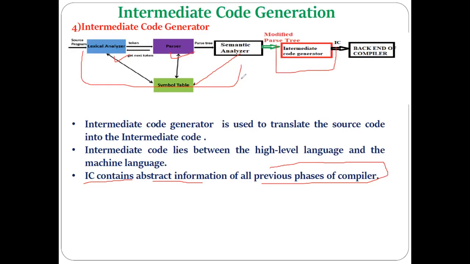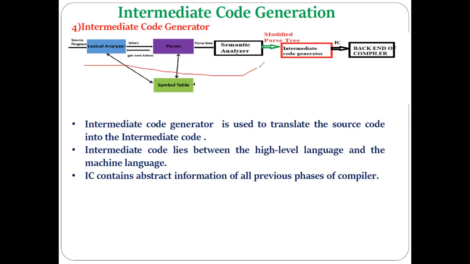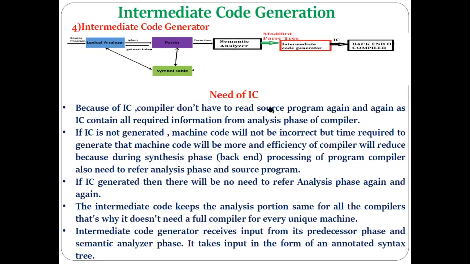Summary in the sense of whatever processing we have done in the previous three phases: in the lexical analysis, token recognition is done; in the syntax analysis, syntax checking is done; in the semantic analysis, the meaning of the program gets checked. So whatever the compiler has done in the previous three phases, an abstract summary of the important part of those three phases is represented here in the form of intermediate code by the intermediate code generator. Understood? So keeping all the information of these previous three phases in some abstract form, that is the intermediate code. Now the question comes, what will happen if the intermediate code does not get generated?